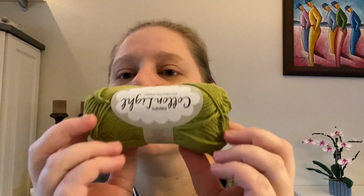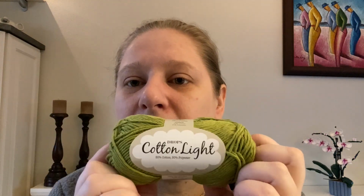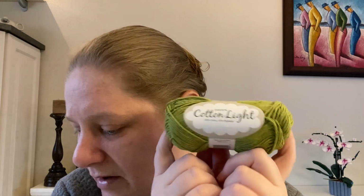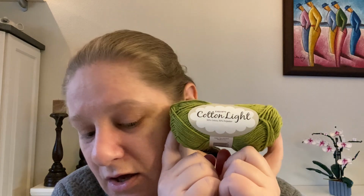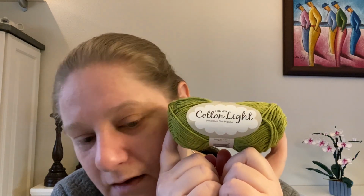So Butterfly Migration, the normal pattern is, I do believe, made in a nice yellow. I wanted to make it in apple green. Apple green, again, is the colorway 11, again in the Cotton Light from Drops. And to make the Butterfly Migration, I need 10 of these, 10. So I should have 10 of these in this color